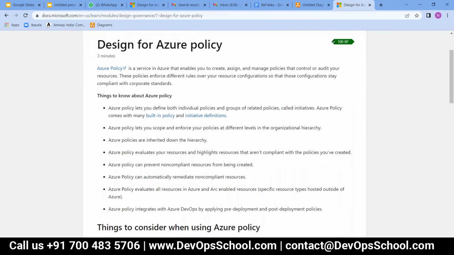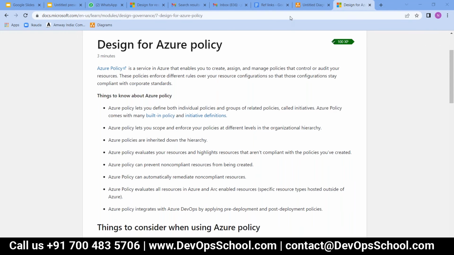Now the next thing is the policy. We talked about some of it, right? Policies are mostly a set of rules, and one important thing is that they are inherited down the hierarchy.